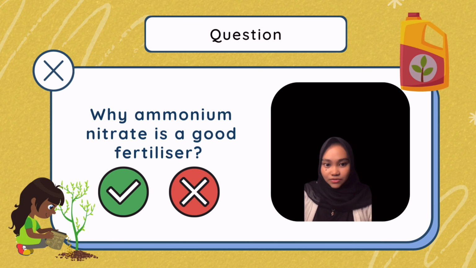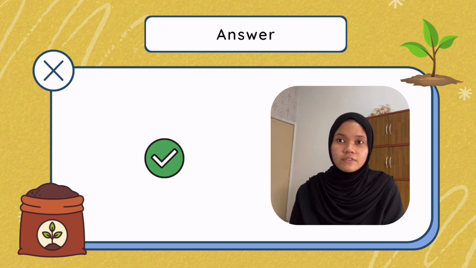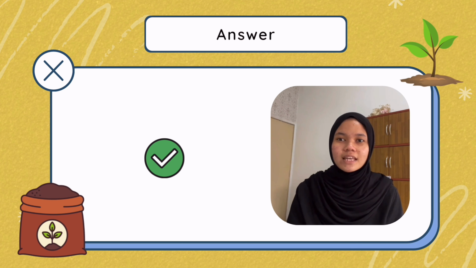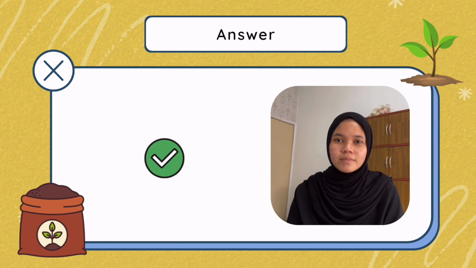So, I want to ask you guys, why is ammonium nitrate such a good fertilizer? Ammonium nitrate is a good fertilizer because it is an efficient and immediate source of plant nutrition. It provides half of the nitrogen in the nitrate form and half in the ammonium form. The nitrate form is mobile in the soil water and immediately available for plant uptake. The ammonium fraction is taken up if roots grow nearby or after it is converted to nitrate by soil microorganisms